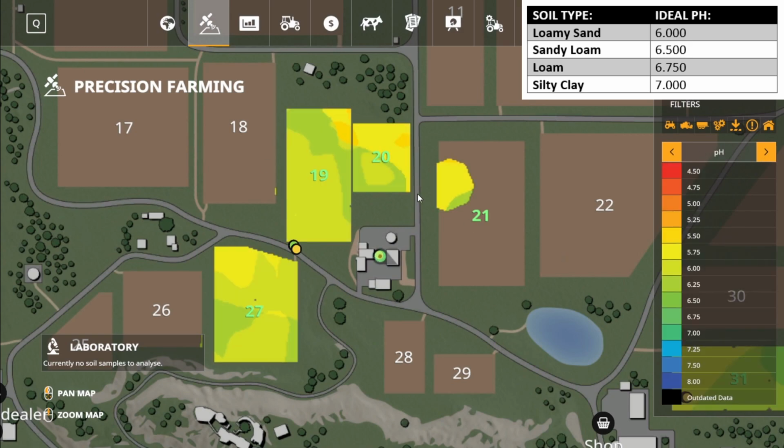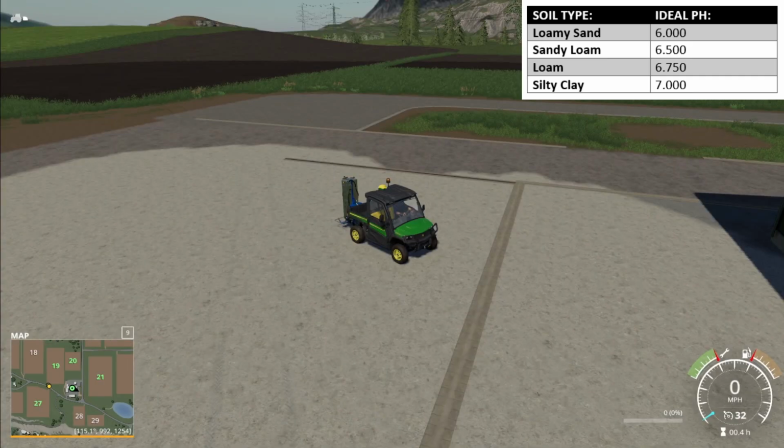If we go over to pH, they're just kind of varied about. So it can be tricky to make sure you get the right amounts on each section, and we'll go over some of that in a second here, how to make that work for you. But I'm going to leave that up so we can take a look at how much lime we're using and everything like that. But if we hop out of here,